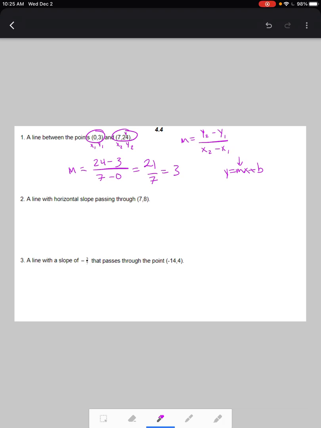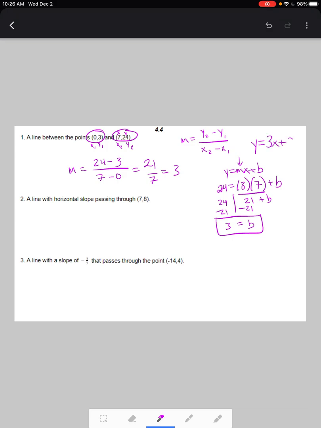So let's use y is 24 and x is 7. So 24 equals m, which is 3, times x, which is 7, plus b. And doing this is very intentional because we're just left with the b value, which means that we can actually solve for that b value. All right, so we have m is 3, b is actually also 3, so our final answer here is y